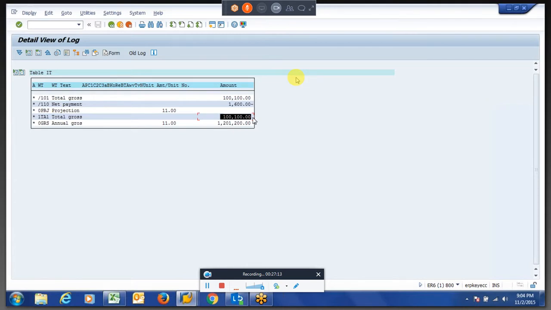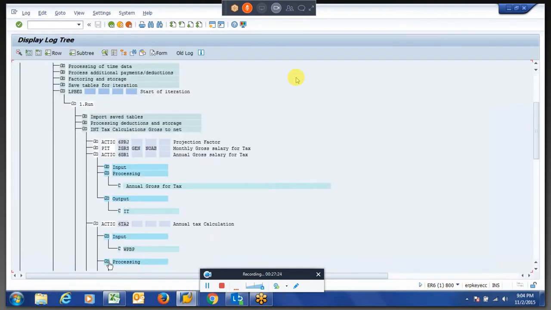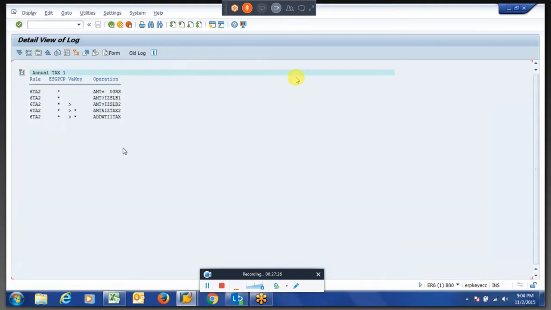It is coming as this. So I think we are calculating on this. So we are pushing it to one tax.